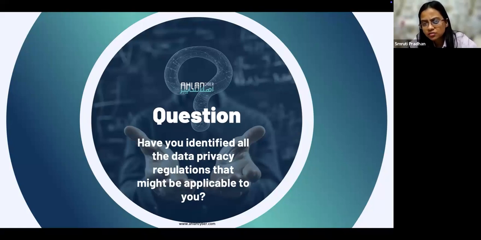I think the next question somebody has asked is, are all organizations, even with no marketing activities, required to register with Sadaya? If yes, can you share the link? Okay, so I'll go to the second part of the question first, and then we'll come to the first part. Yes, it is a publicly available link on the National Data Governance Platform, and you can register